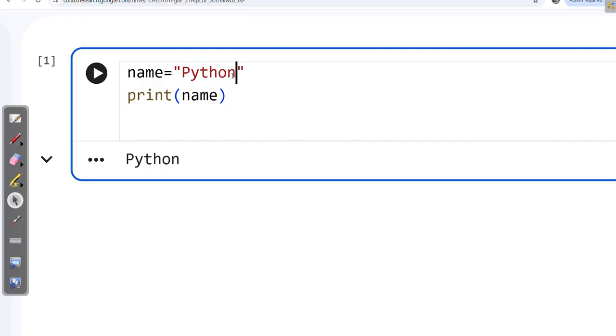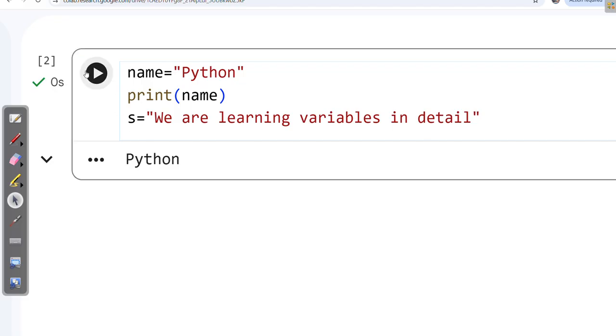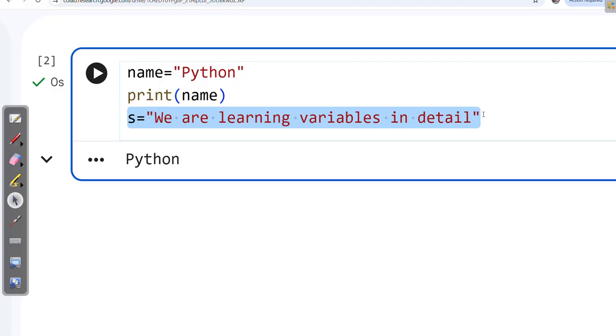It is not the case that only one value can be inside it. Suppose I want to write a sentence. I take a variable s equals we are learning variables in detail. When I run it, it does not show any error, because the storage is successfully done.